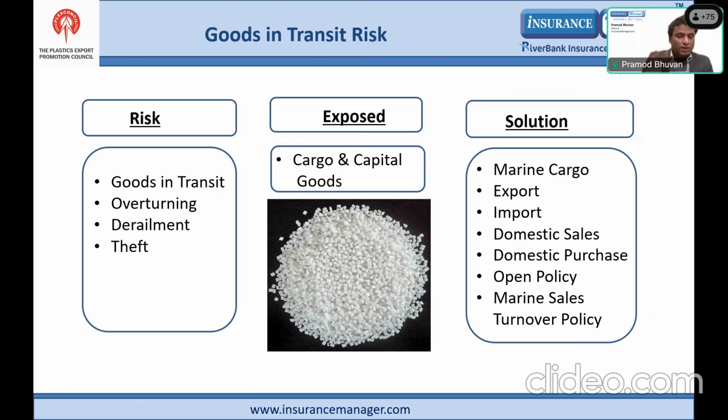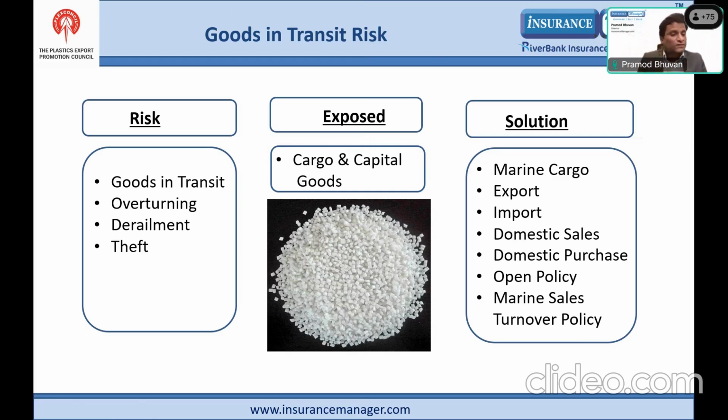And most importantly, in this section, we have got some filed add-on covers, which cover over and above the base policy. Like we have seen शॉर्टेज फ्रॉम सील इंटैक्ट कंटेनर्स, स्पेशली जो चाइना से कंटेनर्स आते हैं, उसमें कंटेनर्स पे तो लॉक लगे हुए हैं, बट सामने से साइड से हिंजेस खोल दिए जाते हैं, थोड़ा माल निकाल लिया जाता है, और फिर जब यहाँ पे कंटेनर खुलती है फैक्ट्री में, तब रियलाइज होता है कि माल तो 20% शॉर्टेज है.